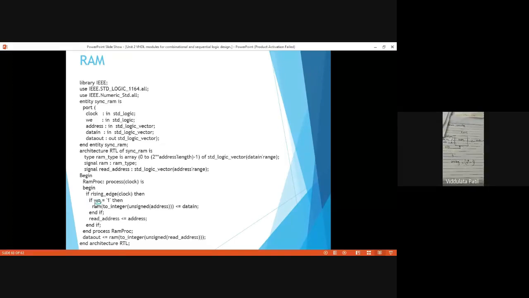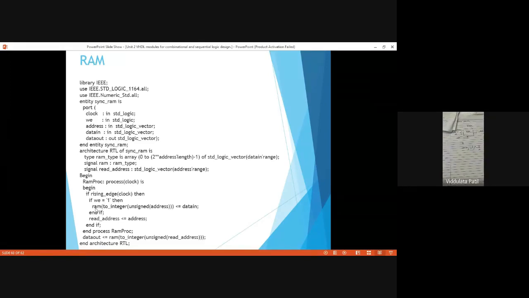Okay, but even so, we have assigned one more input, that is a write enable, WE. If write enable is equal to 1, then what we are going to do is write whatever data input is present at the data in terminal at the particular address. Okay, if write enable is 0, then we are going to read the data present at that address. Is it clear? Now if write enable is set, we have to write data at that specific location. So here if write enable is equal to 1 then RAM.